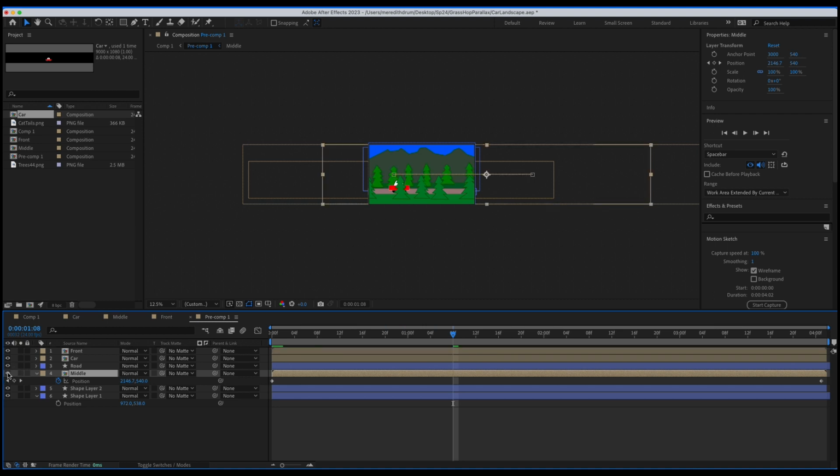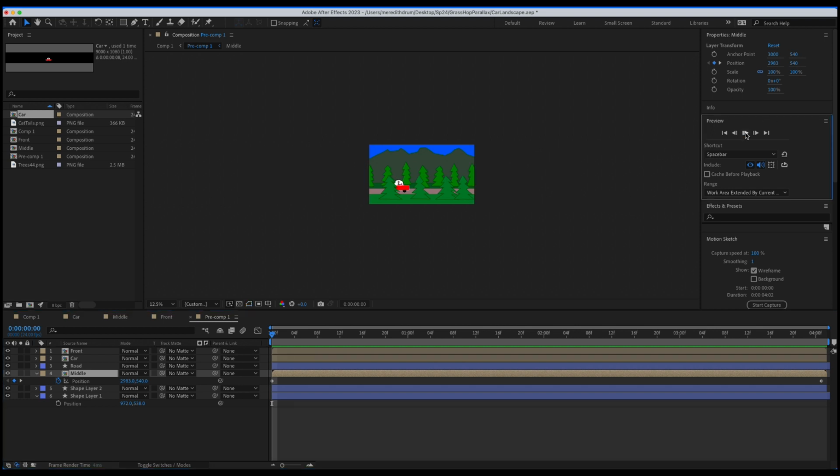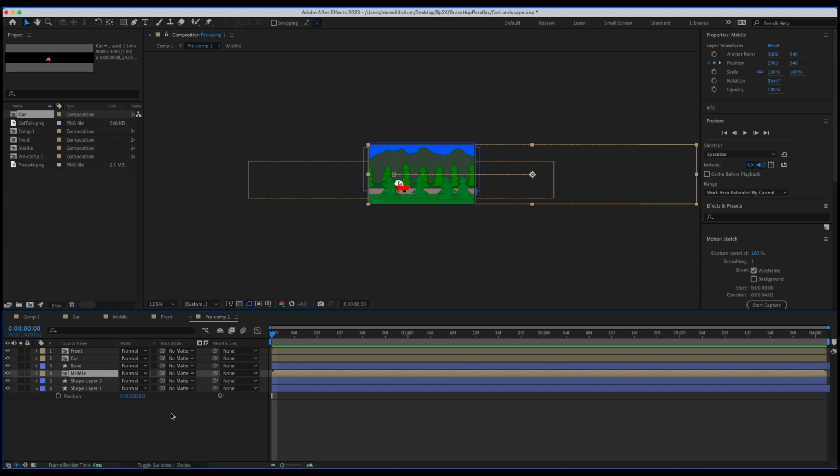Just turn it on and off so you can see what I mean. I moved it. You can see it's shorter than the front. I moved it down. I didn't move it all the way because it was too long, I realized. So then now I had the front moving faster. All right, so that's how I got those to work.